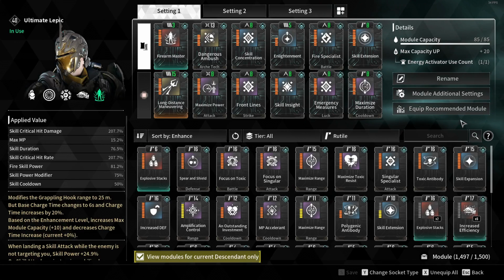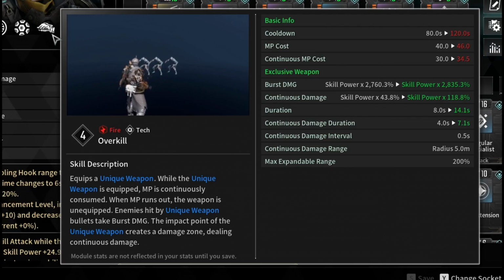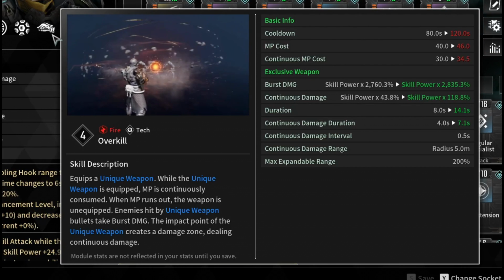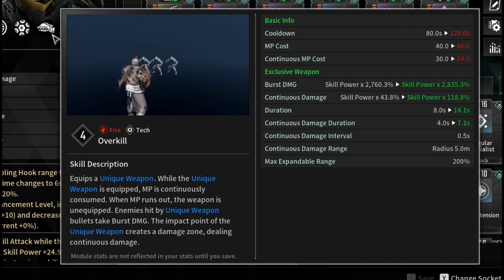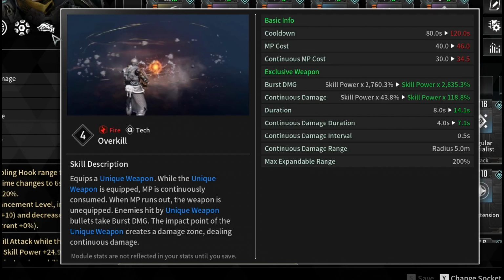So if we have a look over at the fourth ability on Lepic, the ability we are going to be prioritizing, you can see if you look at the basic information that it has a 120-second cooldown. It has a whole 2 minutes cooldown. The MP cost is also 46, which is not a major difference, and the continuous MP cost is also a